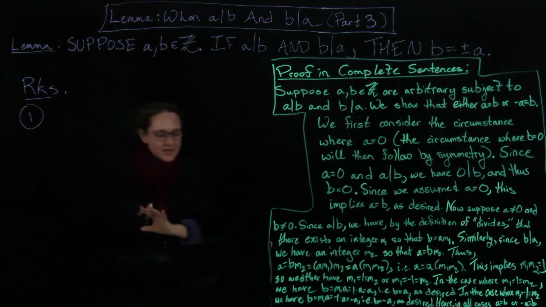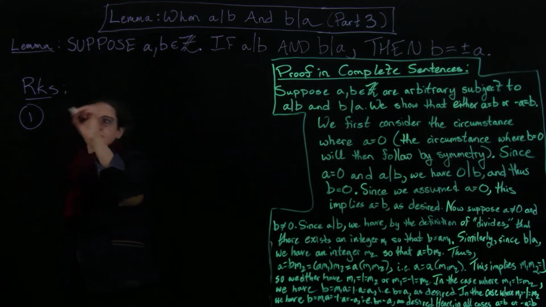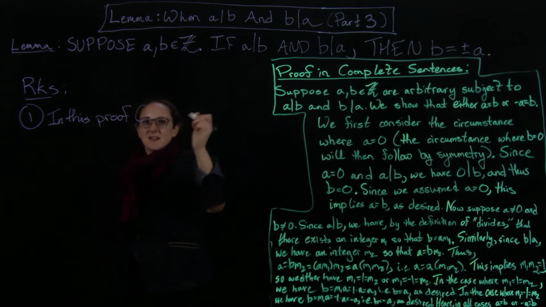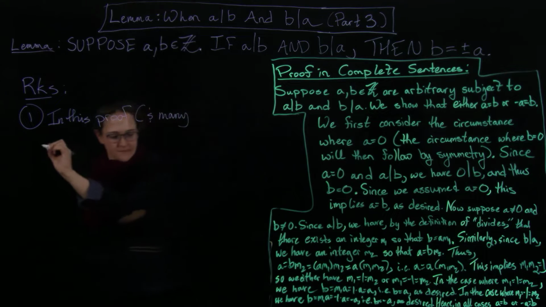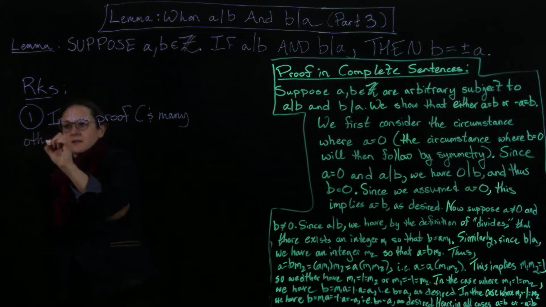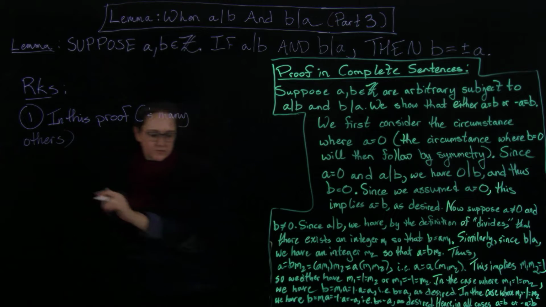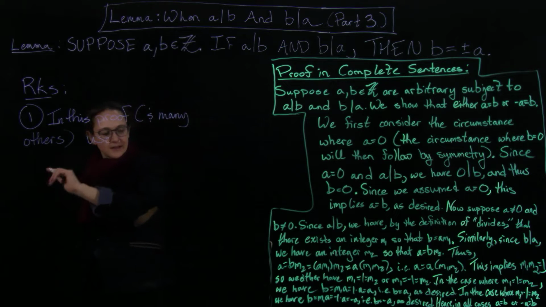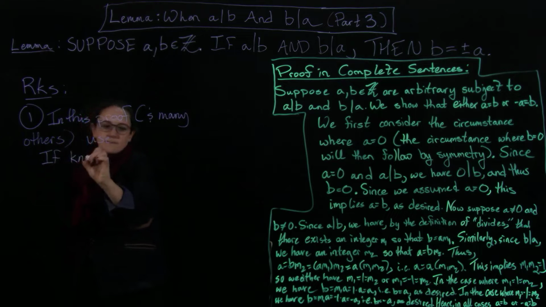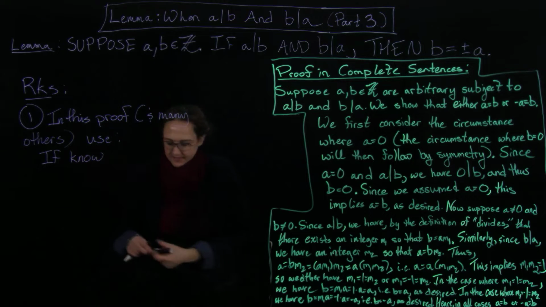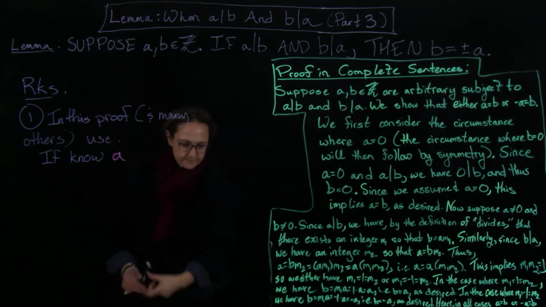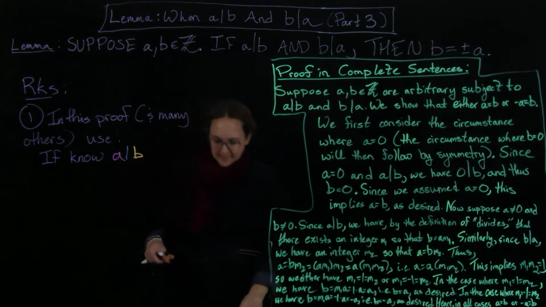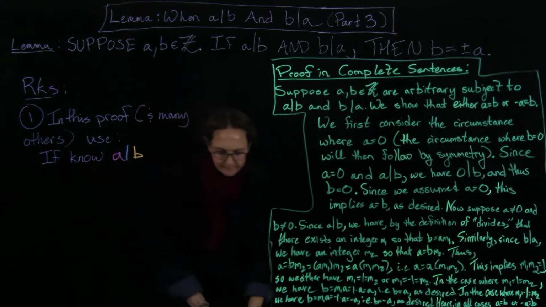The first one that I wanted to make is that in this proof, and many others, we're going to use something we've talked about before, but I'm going to highlight that this is happening: if we know that A divides B, so if we're in a circumstance like this, where we know that A divides B,